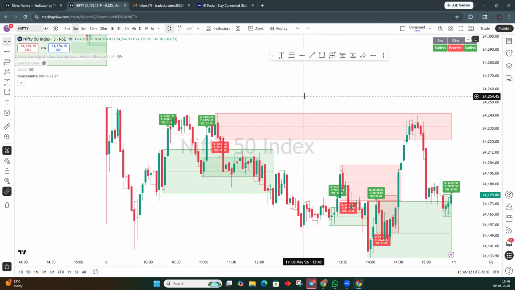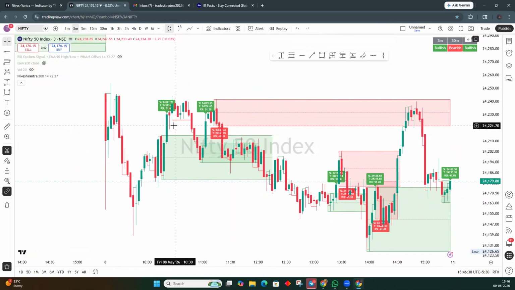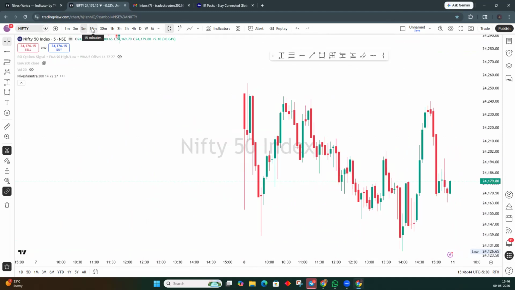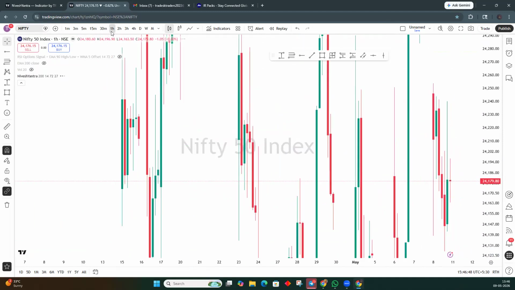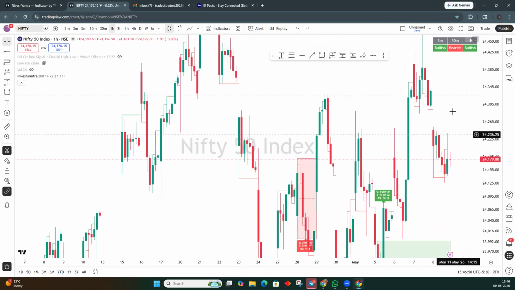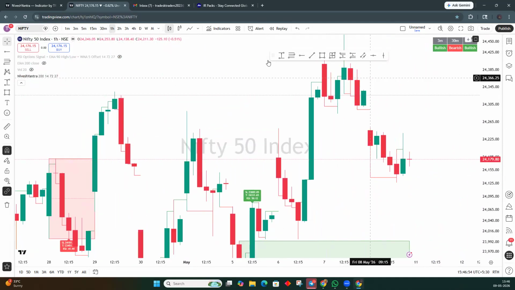Basically, those who want to do intraday trading in option buying can use it on a 3 minute time frame. Other people can use it on 5 minute also, or 15 minute. Whatever time frame you like, you have to follow your own set of rules and risk reward. Meanwhile, if you look at the top level here, it is showing bullish, bearish,